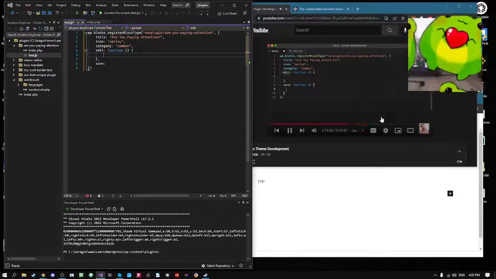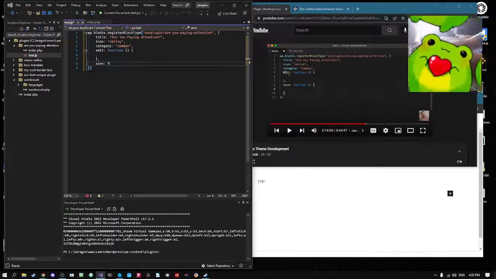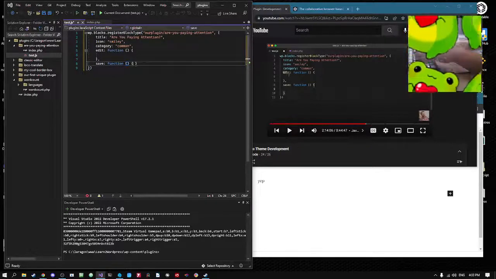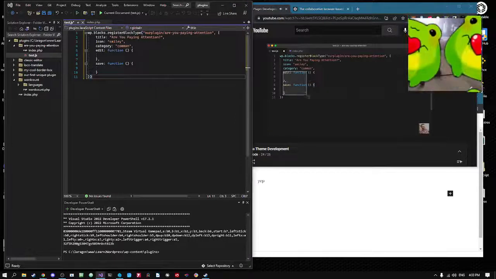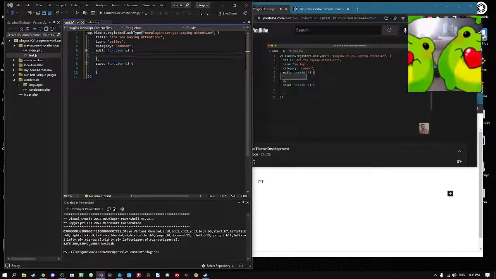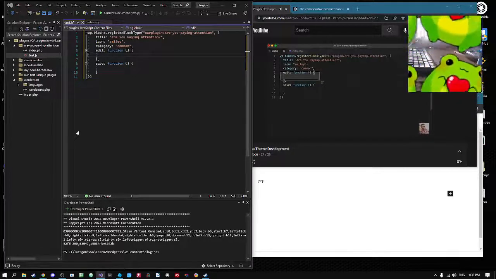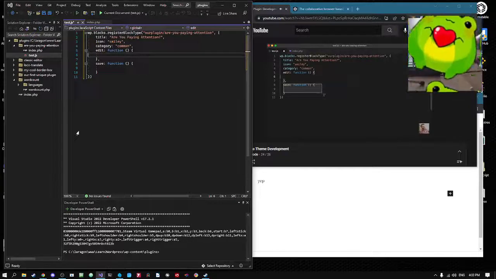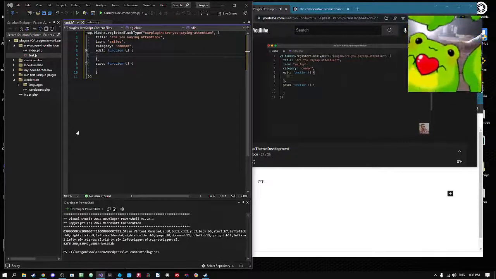Now let's talk a little bit about what the edit and save functions are used for. The edit function controls what you'll see in the admin post editor screen, whereas the save function controls what the actual public will see in your content. So in both functions, we'll want to